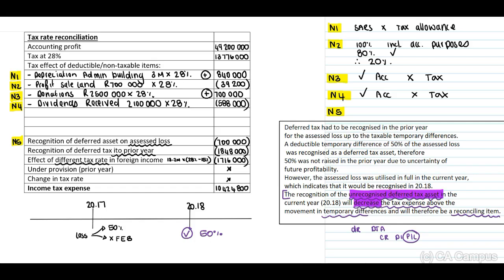If you look at our journal, decrease, we credit our deferred tax in our profit or loss, and the expense account decrease on the credit side, increase on the debit side. Very similar reason for the recognition of our deferred tax in the prior year,